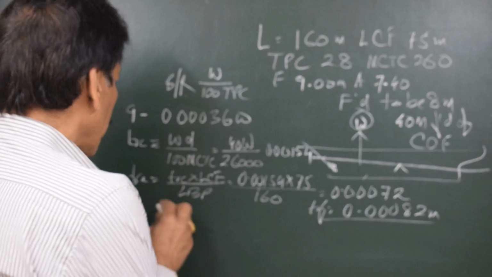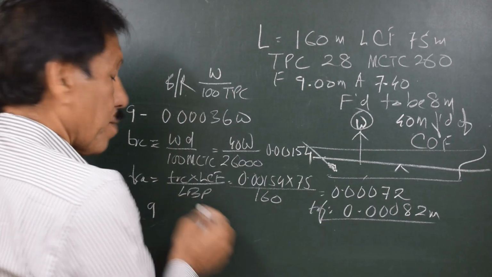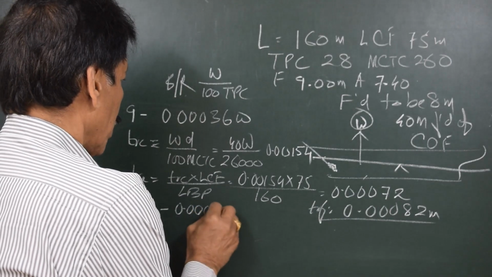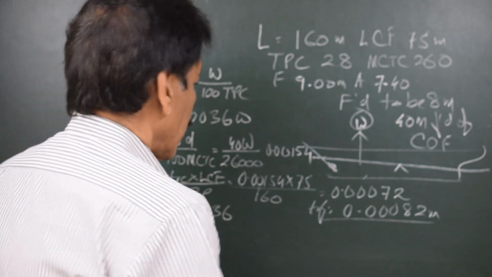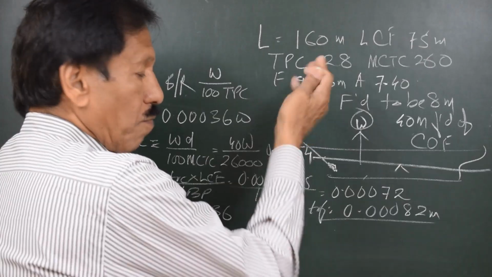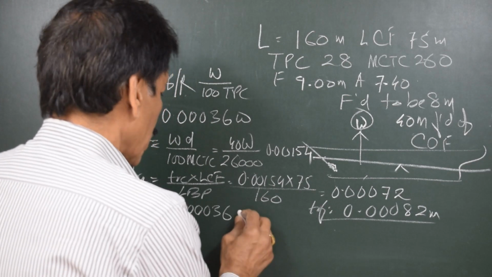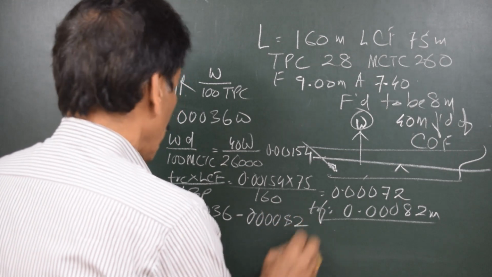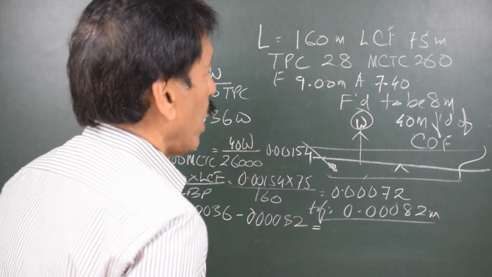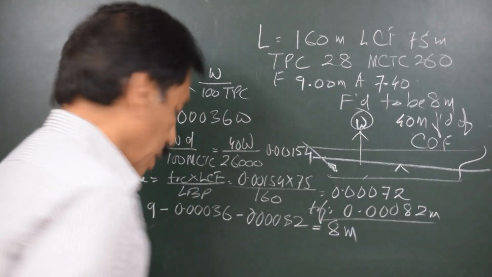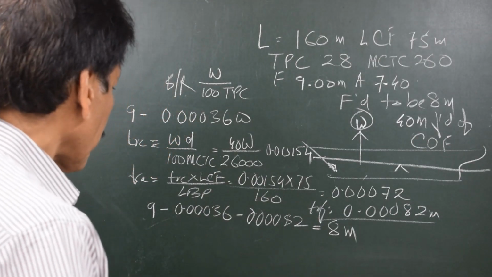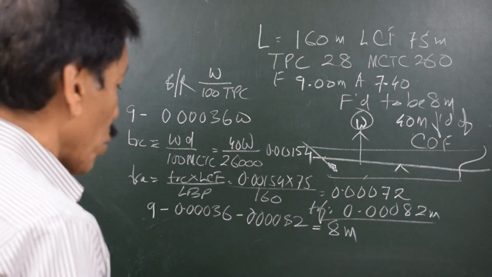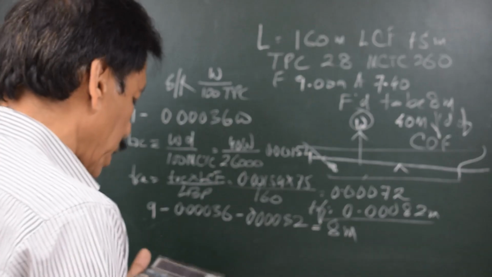So we have the equation now. That initial draft, we start with 9 meters minus 0.00036 W, and TRF is going to be negative because we are discharging from forward and the ship is going to change the trim aftways. So also minus 0.00082 W, that should be 8 meters, which means that when we subtract this quantity from 9 meters, it should give me 8 meters. That means this quantity should be 1 meter, which means that